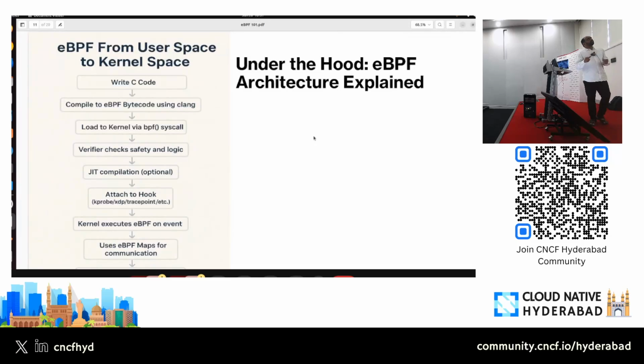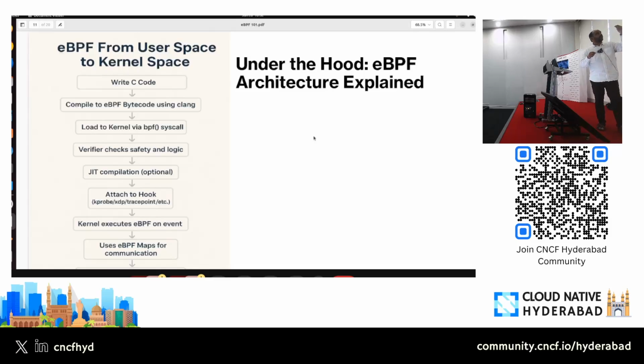Once the verifier checks it, just-in-time compilation is an optional thing, but it will improve your eBPF program's performance a lot. Now assume that the program you have written, you were able to load into the Linux kernel. Once you load it, it becomes an orphan unless there is some kind of hook attached to this program. That is where hooks come into the picture. Again, there are hundreds of hooks. It's not possible for us to go through all of those. I'll be showing a glimpse of a couple of these hooks.